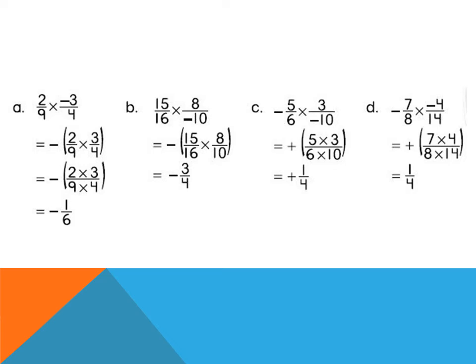That minus we will bring to the front and within bracket we will write 15 by 16 into 8 by 10. So 8 cancels 16 and we get 2. And 15 and 10 if we cancel out by 5, 3 times 5 is 15, so on the top it will be 3, and 2 times 5 is 10, so on the bottom it will be 2. So 2 into 2 is 4, and on the top 3 remains, so the answer is minus 3 by 4.